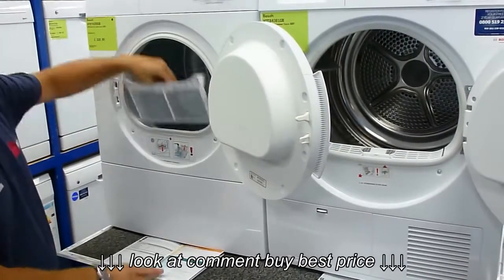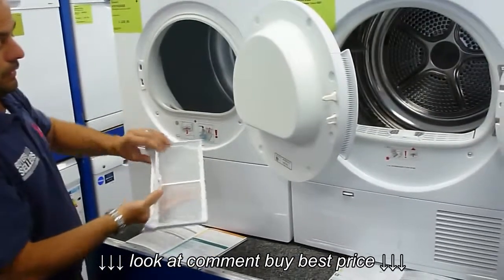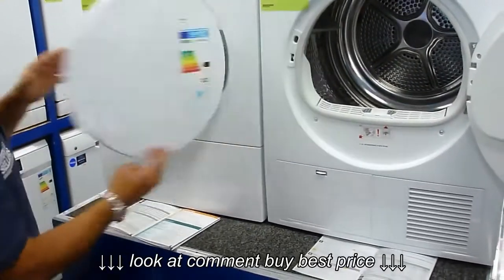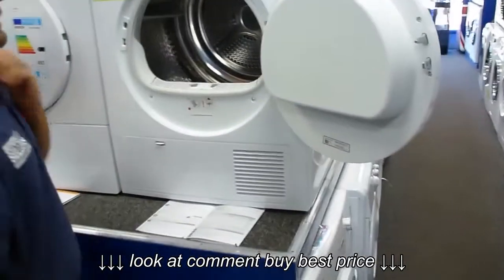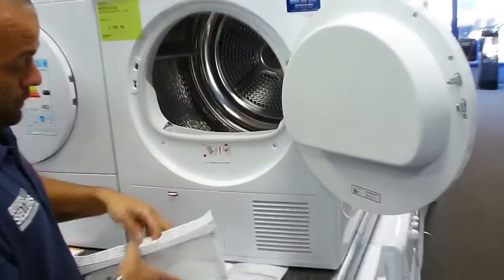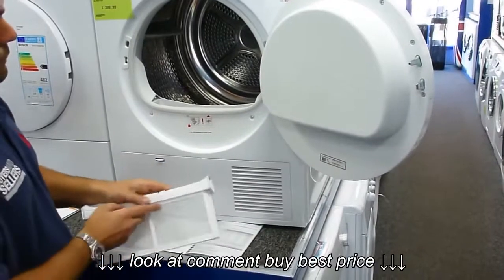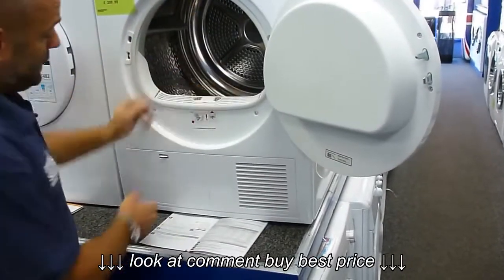Filters are both nice, easy access on the front here. This is a small filter, you just clean the fluff out there. On the condenser dryer, it's a slightly larger one, which opens up, it's double the area, and you clean that through. Now, the condenser lives down here,